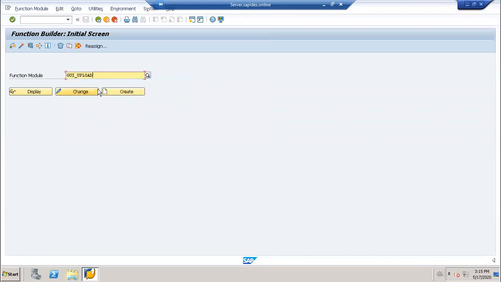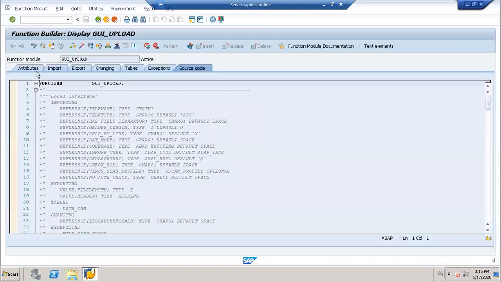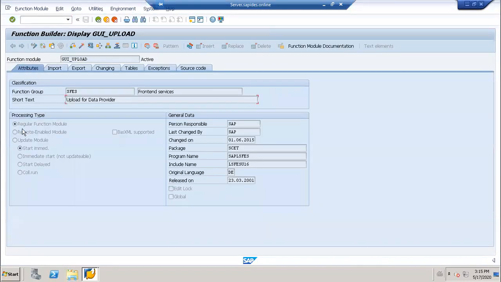This is a function module utilized to upload the data, upload the content. In the attributes, you can find there are three kinds of function modules. First is the regular function module, normal function module. Then you have remote-enabled modules, these are called RFC basically. Third one is update.